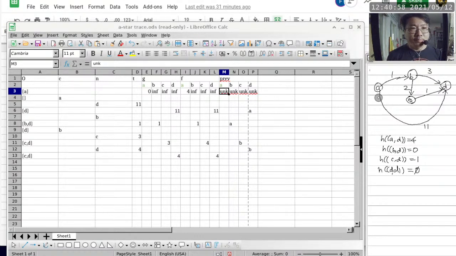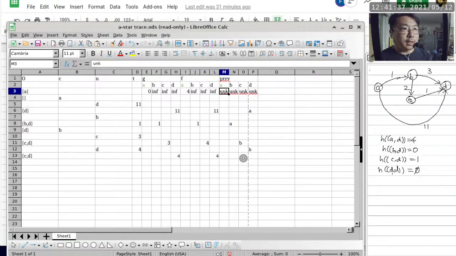Alrighty, excellent. So do we have any additional questions about the A star algorithm? I mean, this is the whole trace. It's actually shorter compared to Dijkstra's algorithm because we are finding only the shortest path between vertex A and vertex D, whereas the other one is finding a shortest path from every vertex to a destination vertex. So the nature of the question is a little bit different between the two algorithms. Alrighty, no questions. Alright, so if there are no questions, then we're going to go back to